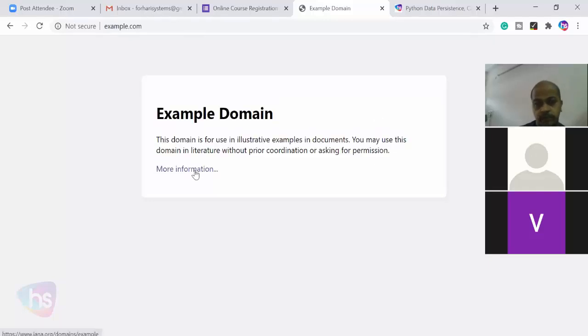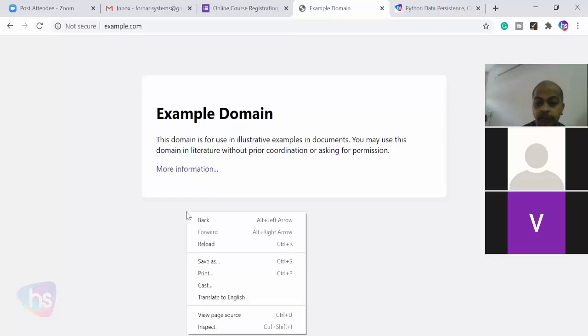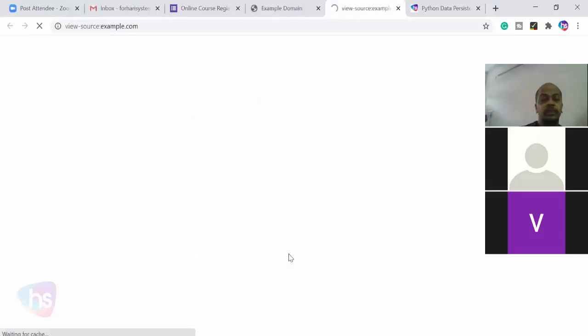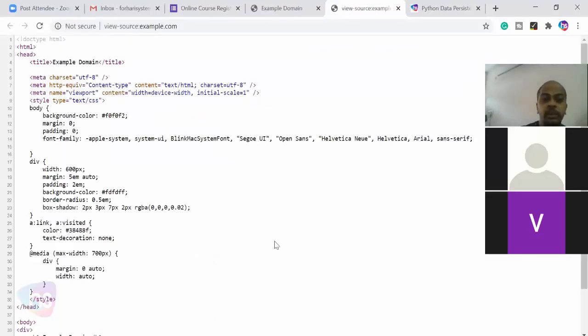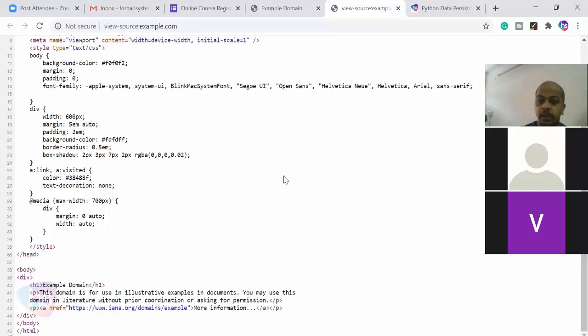Now, if I right click on any open place and click View Page Source, it shows the entire HTML code written to display the example.com site. The page code is displayed here completely in HTML.